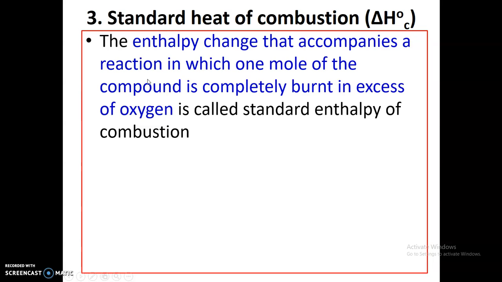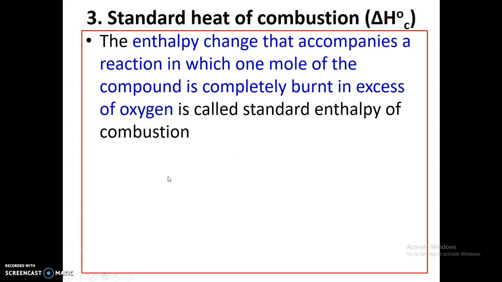Combustion reaction means the burning of that particular compound in excess of oxygen or air. It is called combustion, and combustion products are always carbon dioxide and water. If there is an organic compound, it undergoes combustion and we get carbon dioxide and water. Whatever hydrogen is present in the organic compound is converted into water, and the carbon content of the organic compound is converted